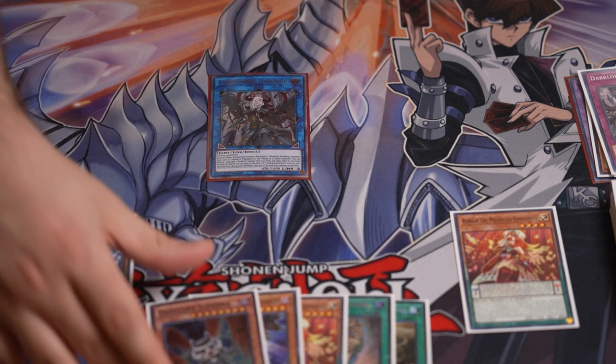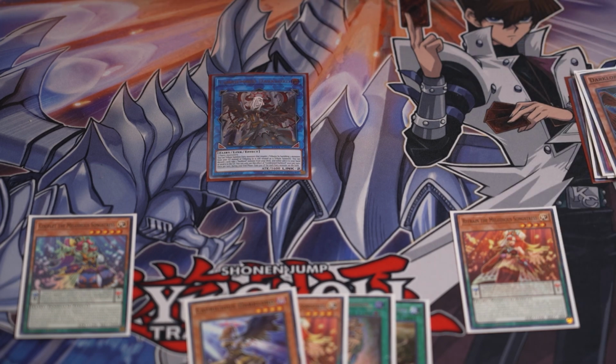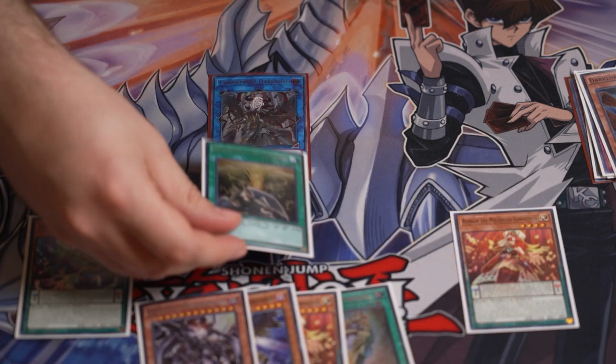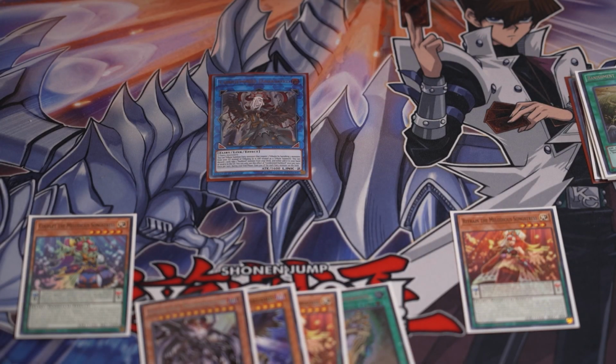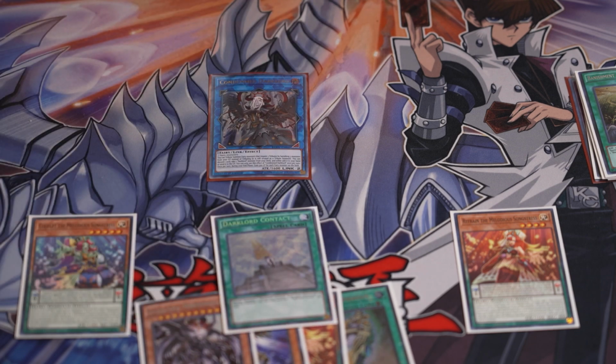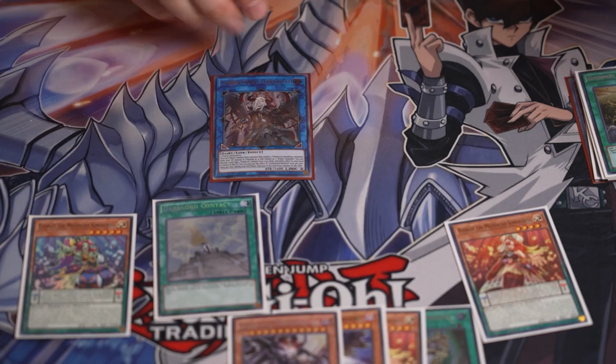We'll activate Condemned Dark Lord's effect. We're going to pitch this to add Morningstar to hand. So this is going to help us set up for our first Dark Lord play. Now we're going to activate Banishment to search for Contact. Now we're going to activate Contact